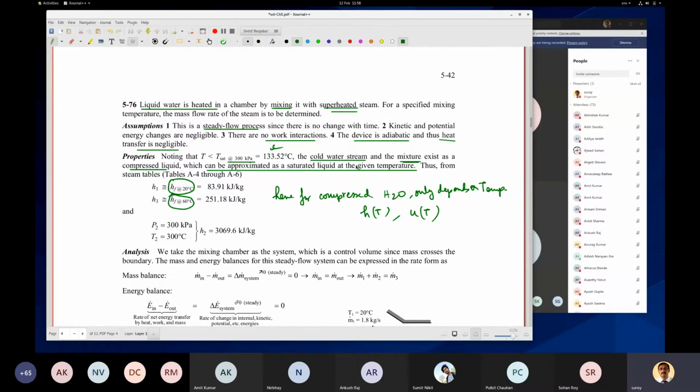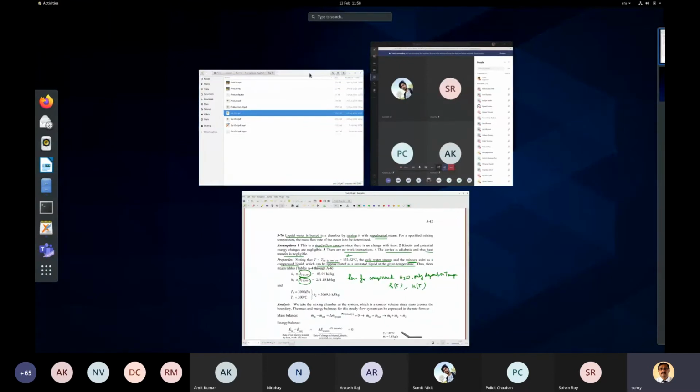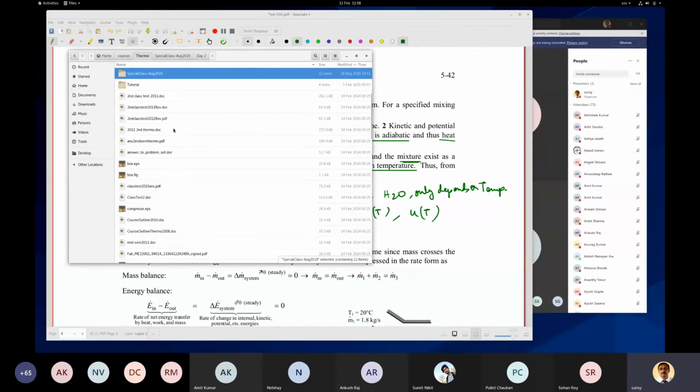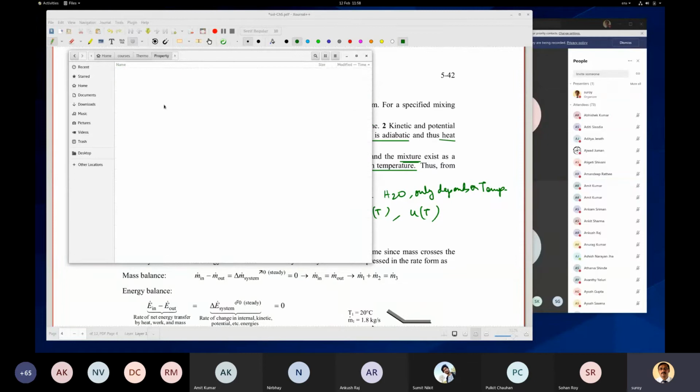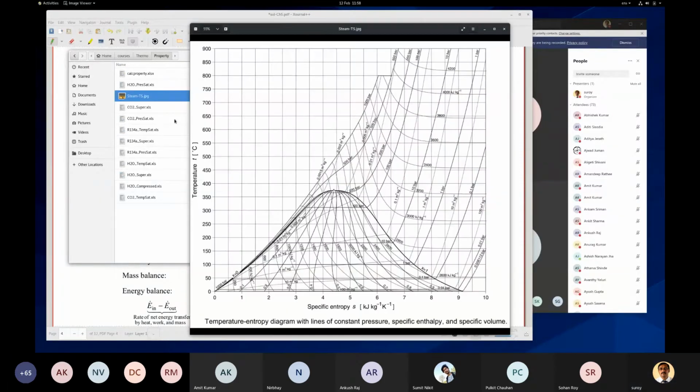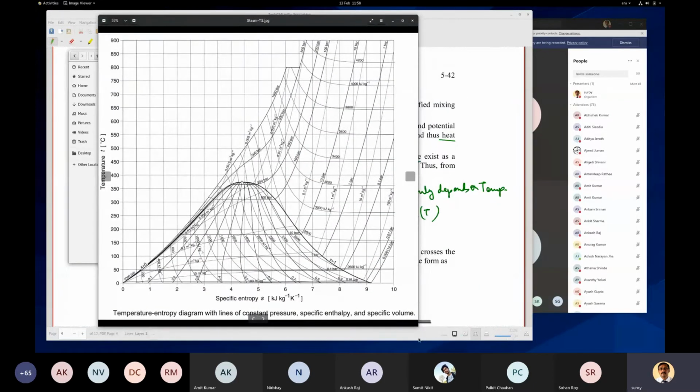Saturated liquid. So whatever, say, 20 degrees centigrade, you look up the diagram that I showed you, Mollier's diagram, the TS diagram, and along the liquid saturation line, you see at that temperature what is the enthalpy that is to be used. So let us say 20 degrees centigrade and 60 degrees centigrade, what is the enthalpy? Let us see according to the chart. Mollier diagram, so let us go there. Let us look up the chart.